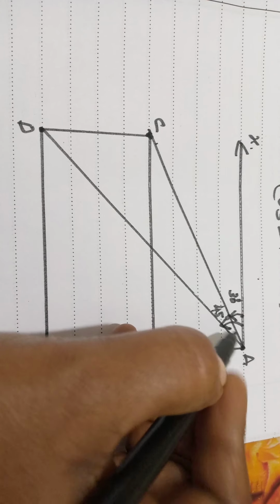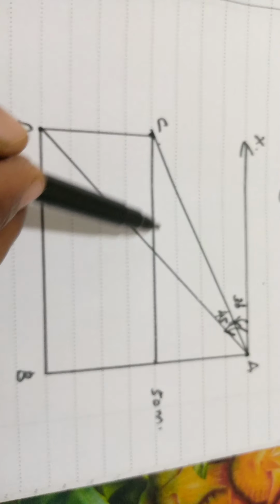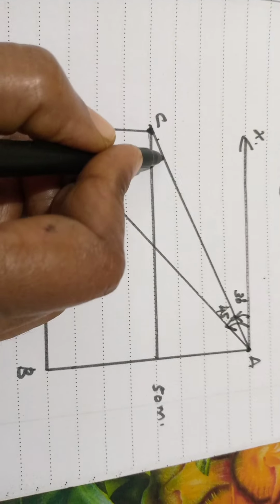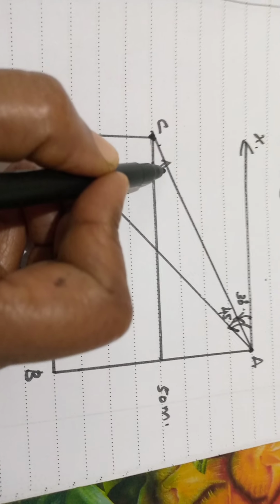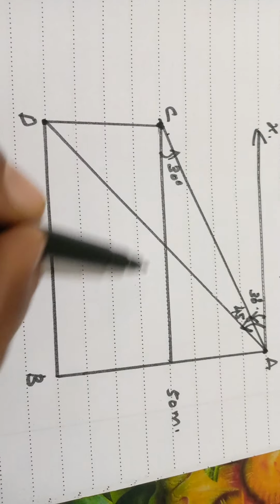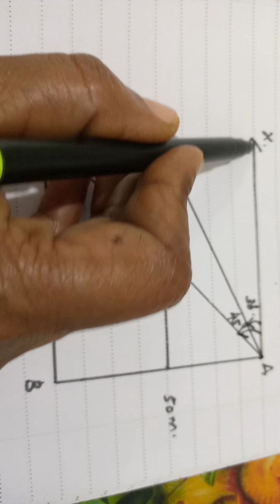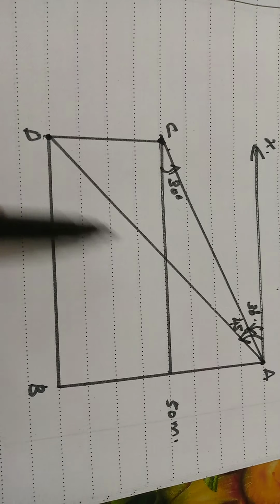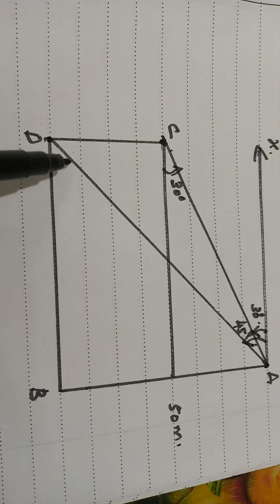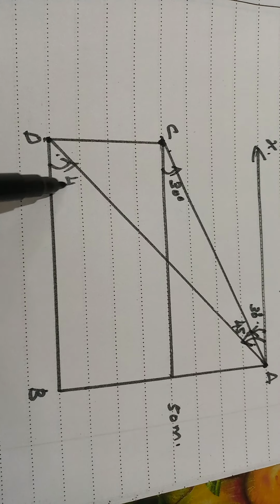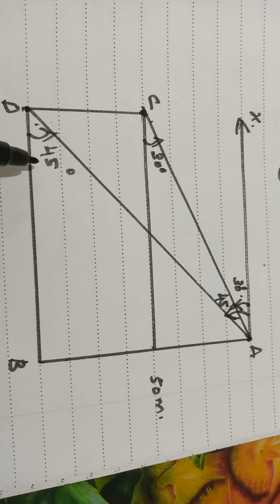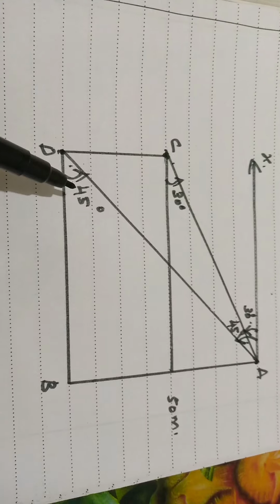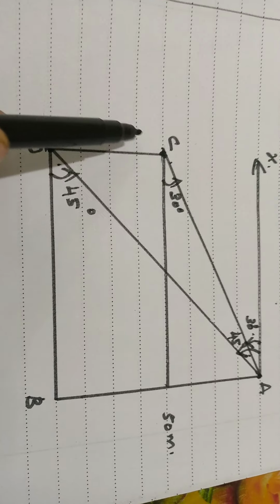Write correctly, 45 degree. This total angle is 45 degree. So similarly, now alternate angles we can consider. This Z shape we have to consider. So this angle is 30 degree, so this is also 30 degree. As well as one more alternate angle we have. This Z shape we have to consider, this XA, this D. So this angle and this angle will be equal. These both are alternate angles. Alternate angles are always equal. So what is the question now? Find the height of the tree. This CD distance we have to find out.